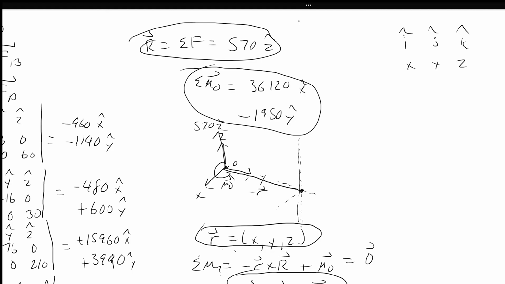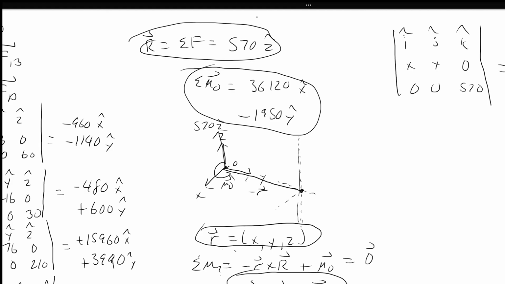Alright, so we have x, y, z, and we know in this case it's going to be in the xy plane, so we can just delete the z, make that a 0. And then our force is 0, 0, 570. And we want this, that's R cross F, and so that should be equal to